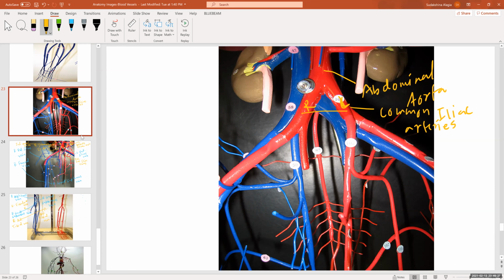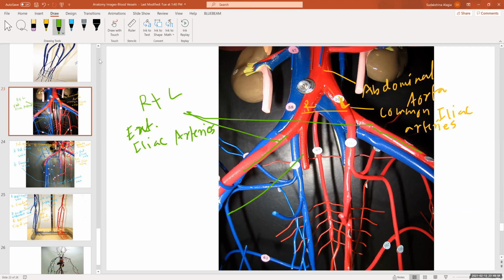Then you can see these two, this and this in green, right and left external iliac arteries, while these two are right and left internal iliac arteries. So we covered the arteries and veins